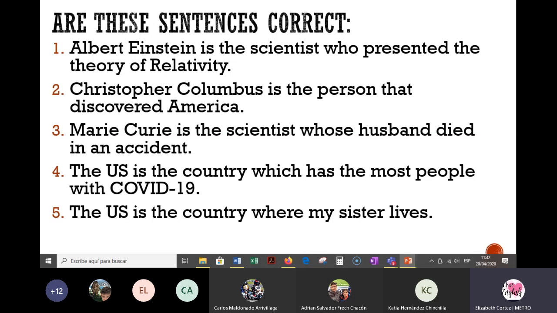All right. If you're talking about activities or experiences that you can have in a place, then you're describing the place as a place. But if you're describing it as an object, then that means that you're describing the things that it has. Like, for example, the classroom is the place which has desks and a board and students. If you're talking about what's inside, then it's an object. If you're talking about where it is located, then it's an object. The US is the country which is located in North America.